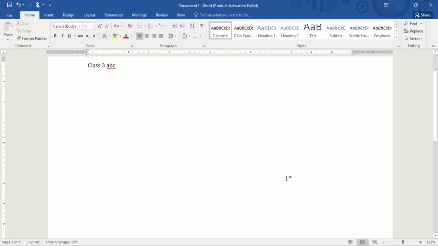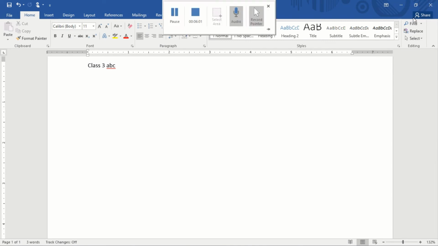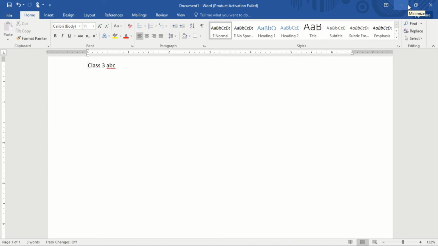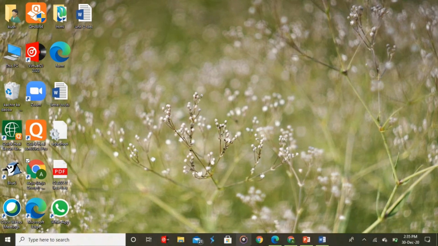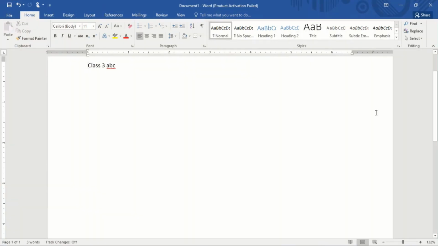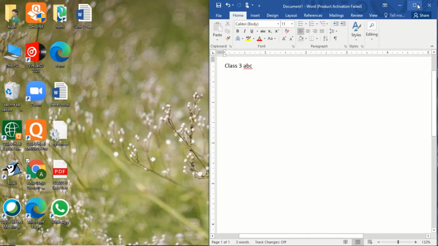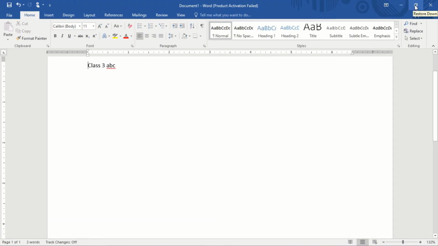Then we have these control buttons, which you might have used in your Paint window also. If I click on this, the screen will be minimized to the taskbar, you can see. Again, if I click here, then it will be bigger on the full screen. This is called restore down. Restore down will take the original size of the window. This restore button, if I click again, now it has become the maximize button. Here it will maximize the screen.